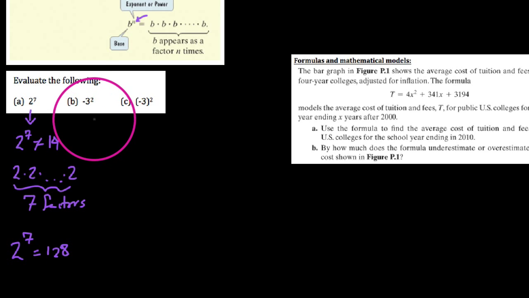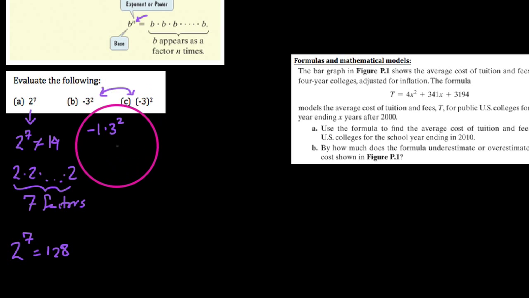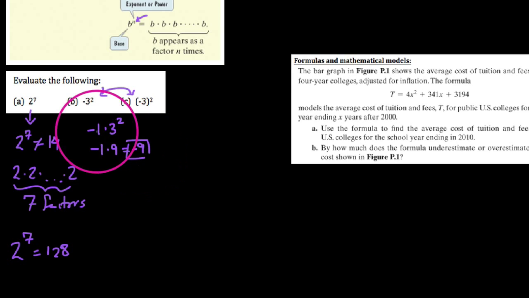Now this next expression here, you'll notice that I have negative 3 squared. One important thing to notice is that these two expressions are actually not the same thing. When I look at this negative 3 squared, we look at this as negative 1 times 3 squared, where order of operations would say we do the 3 squared part first, which means when I take 3 times itself twice, I'm going to get negative 1 times 9, which comes out to be negative 9. So negative 3 squared would come out to be negative 9,